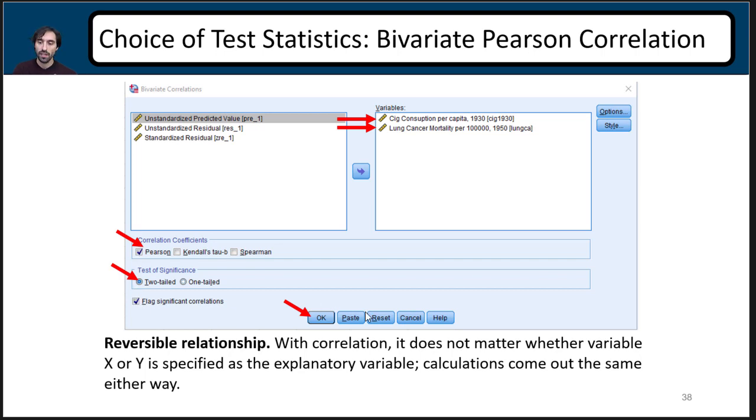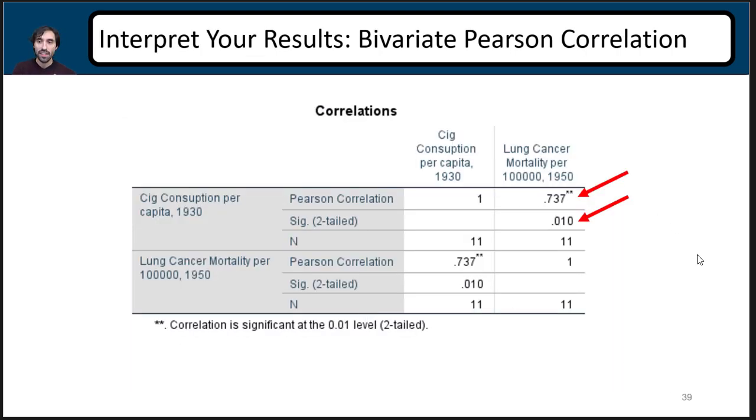We want a two-tailed, and we hit OK. And this is what we get. We get our R. This is our R right here. This is our correlation, and this is what's measuring the strength of the association between the two variables. So looking at this, we can say that there's a strong relationship between the two variables. When we add in the significance, our p-value, then we can actually say there's a statistically significant relationship between smoking